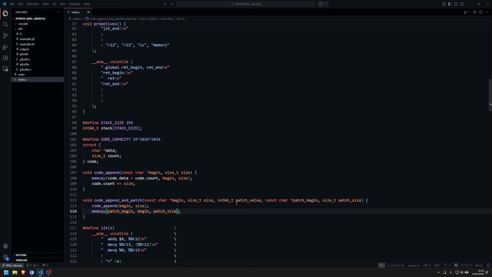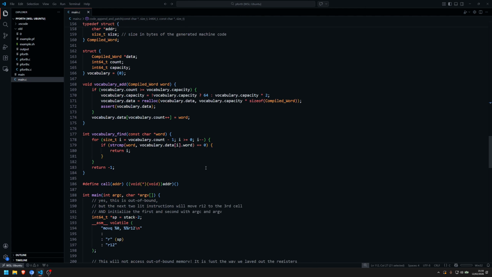Oh yeah, do I want to support more than 64-bit patches? Probably not. So let's keep this simple and just do that, right? Actually, this is a pointer, right? So this is code append and patch, and then here in the literal